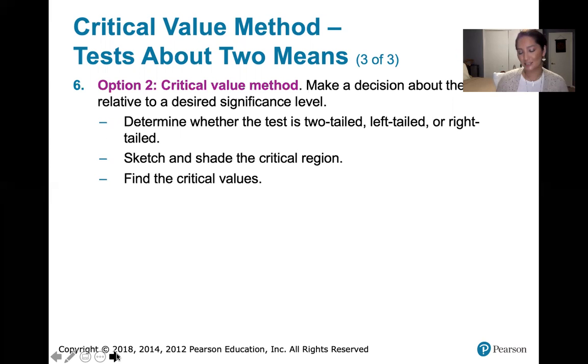So you want to find those critical values. Again, those are just T scores that separate that critical region or critical regions from the area in the middle, or from the rest of the area under the curve. Then once you have identified the critical values and you have sketched that critical region, you can make a decision